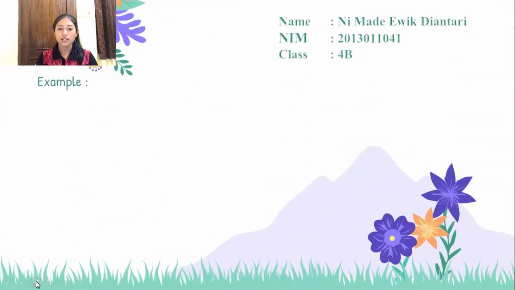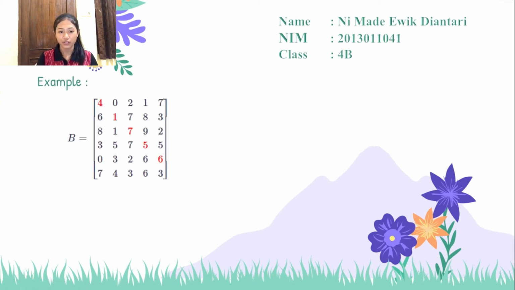Okay, let's learn the concept of the main diagonal of a rectangular matrix. Example, here we have a given matrix B. The matrix B is a rectangular matrix of the order 6 by 5. There are 30 elements in the 6 by 5 rectangular matrix. The elements of matrix B are